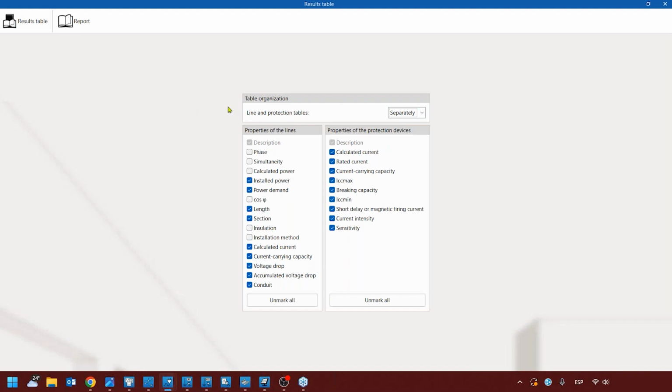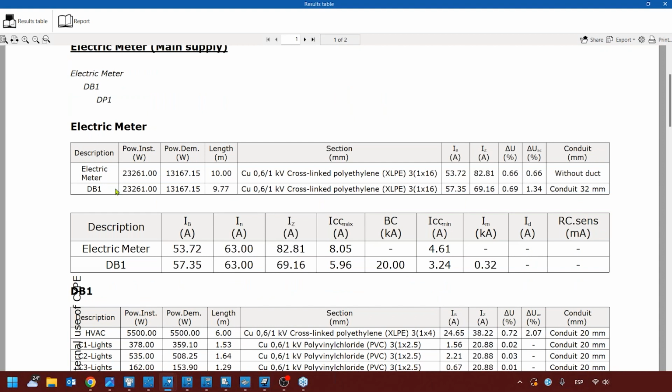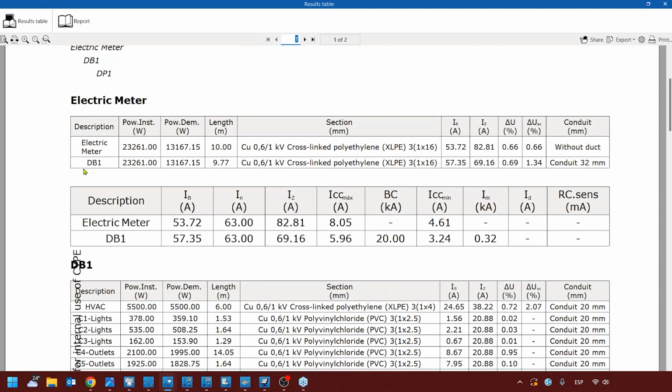So once you have selected all the information that you want to see in the report, by clicking in report, you're gonna see, for example, here, all the totals, for example, for the distribution board, the power that we have in the installation, and the demand factor according to the power demand that we have inserted. This is gonna be the power that is gonna be